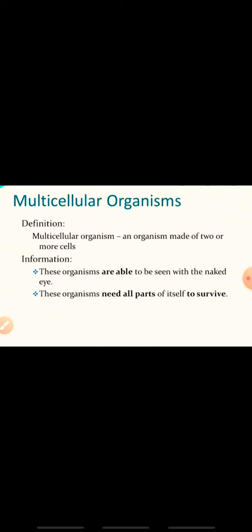The lifespan of a cell varies with its type and its function. If I give you an example, the cells present in the digestive tract live only for a few days, but the cells that live in the pancreas live for a year. So the lifespan of a cell depends upon its type and its function.